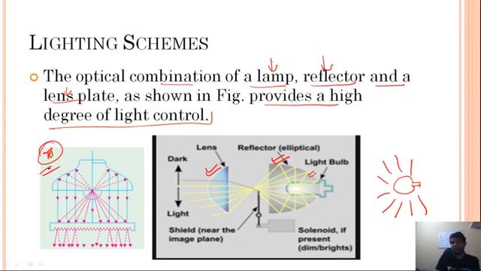Okay? If you see the example of the torch in the olden days, the everyday torch, you get this bulb and you get the reflector behind it in this form, made of silver. I don't have a right picture to show you. Please Google it and get a good idea. Okay, so I hope you understand what I am saying right now.